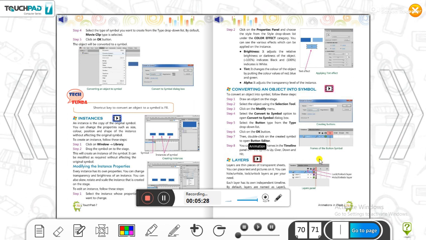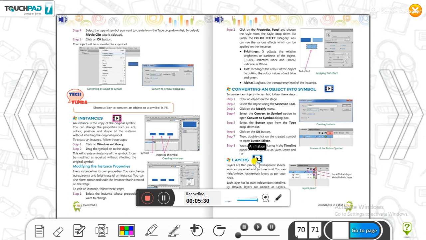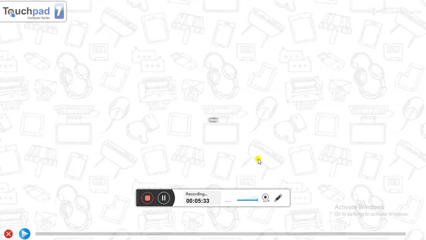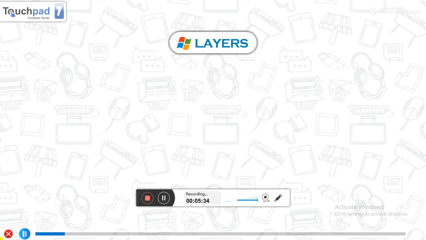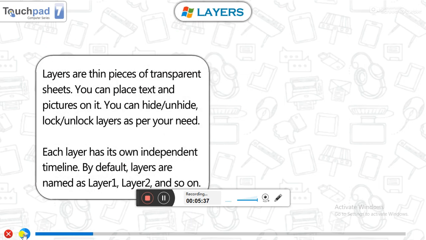Next topic is layer. Layers are thin pieces of transparent sheet. Understand? Just as our book has many pages, but the pages are not transparent, so we can't see what is written on page number 4 from page number 2.